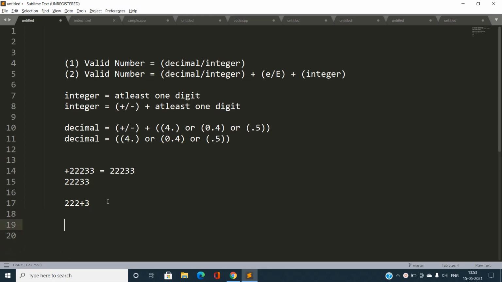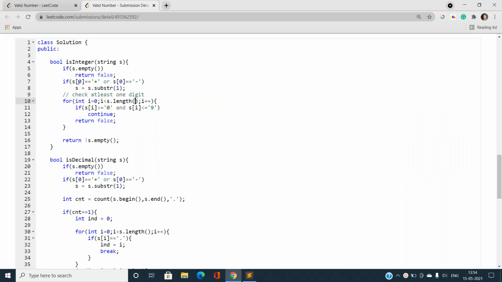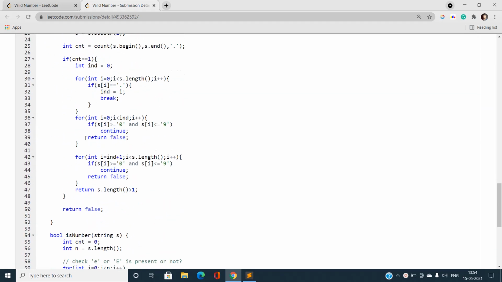If you take the substring and eliminate this plus, I have an empty substring starting from position 1, and this entire for loop is going to say yes, it is okay, but it should not be like that. We have to check for at least one digit, so I'm going to check that it is not empty. Okay, so this is a complete integer function that checks whether it is an integer or not. Now comes the very tricky part, the isDecimal function.